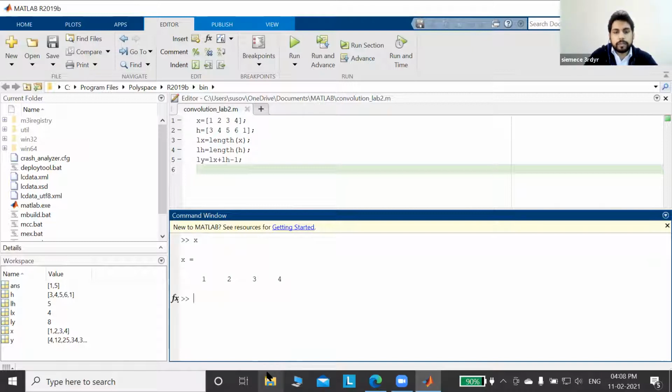So x takes the value 1, 2, 3, 4 as I already gave in the program. Now what is h? I type h and press enter. So 3, 4, 5, 6, 1 is my h. Now what is lx? Lx is 4. What is LH? LH is 5. What is LY? LY is 8. That is 4 plus 5 minus 1, that means it is 8.